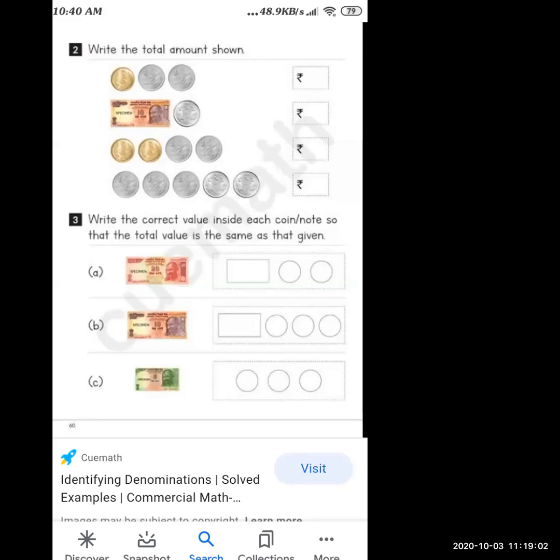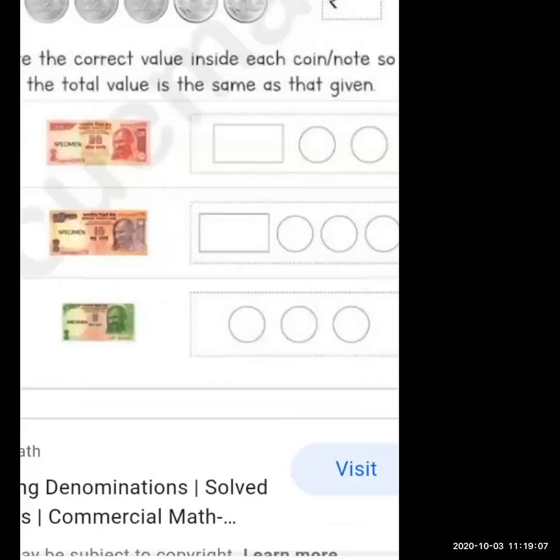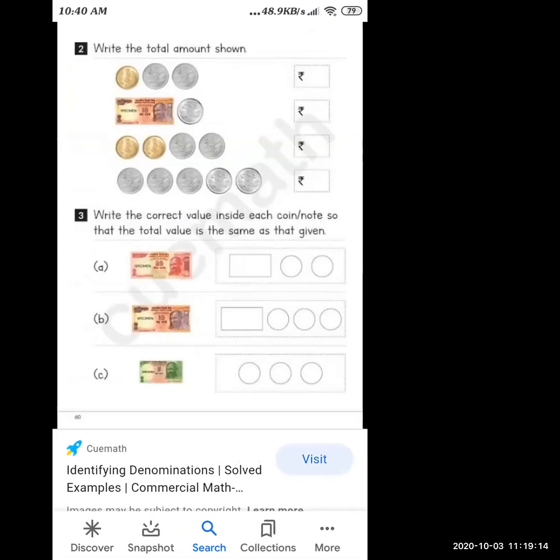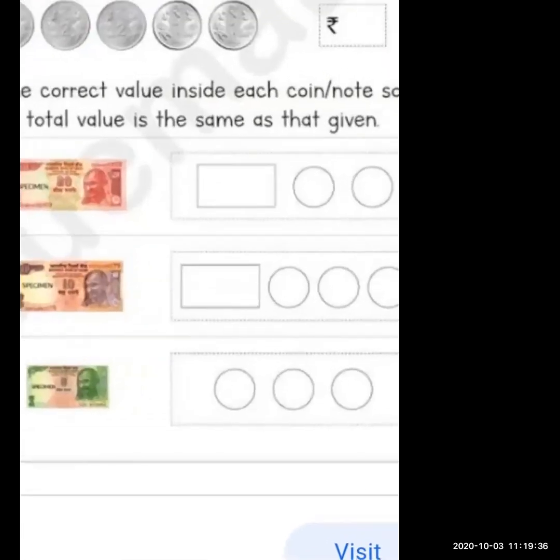Now, I'm going to ask you what you want to write here. Okay? Don't go to the heading. Now, I'm going to explain what you want to write over here. The two notes, the rectangle boxes, mean what? They're notes. What is the shape of a note? It's a rectangle. Okay? Yes, very good. Very nice.